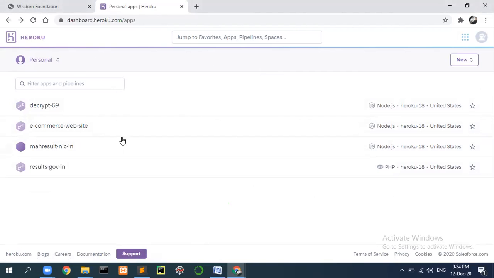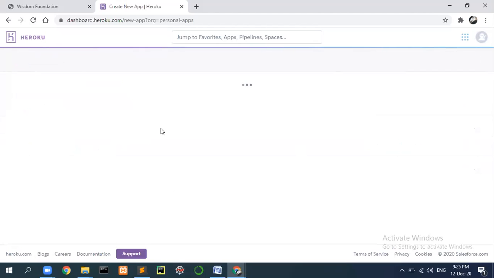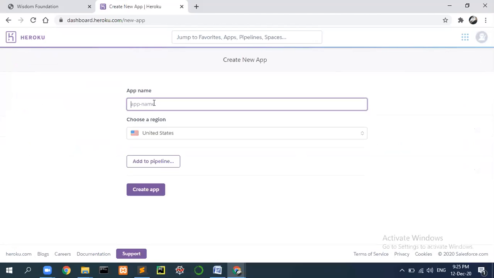So here you won't find anything. I have a few things over here, so there are a few applications which I have deployed before. A Node.js one, a PHP one. So y'all won't have anything over here. Once y'all are there in the dashboard, you'll have to click on new. Okay, create new app. Once you click on create new app,